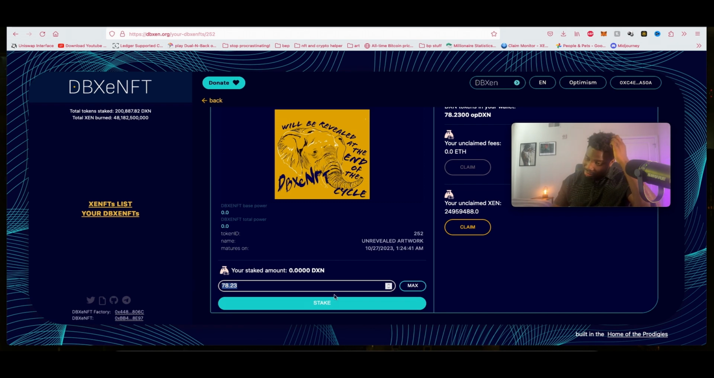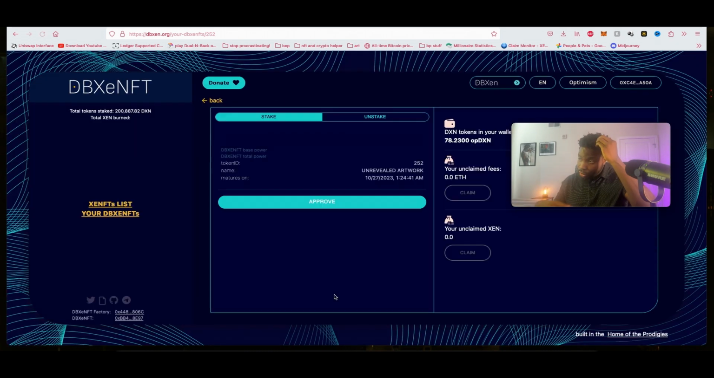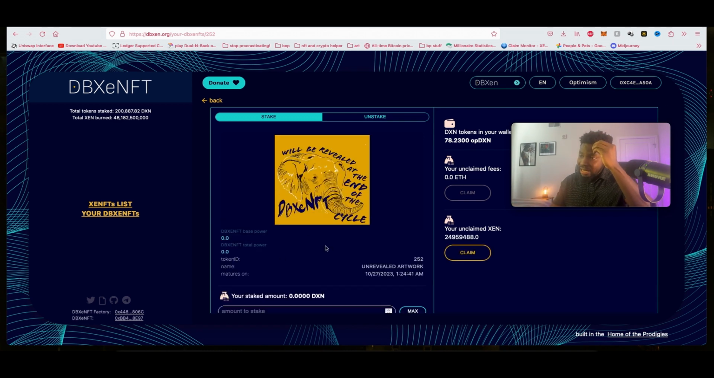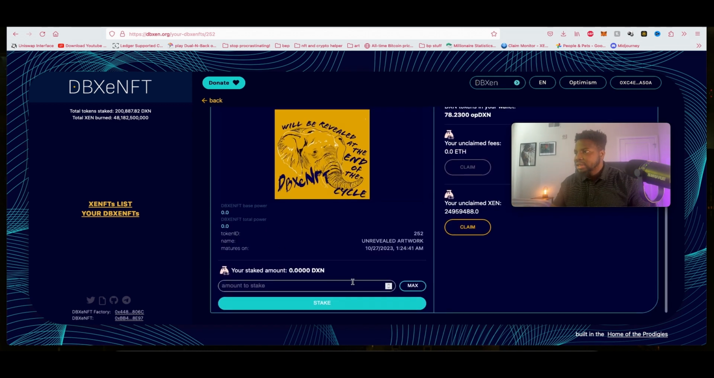So what I'm going to do is, instead of me doing the max, first of all, I'm going to reload the page. So, by the way, you're going to notice that you're going to have to reload the page a lot. It's still early. There's still a lot of congestion. It's still kind of buggy a little bit, so I'm going to stake about 50 DXN onto this. I'm going to click stake,